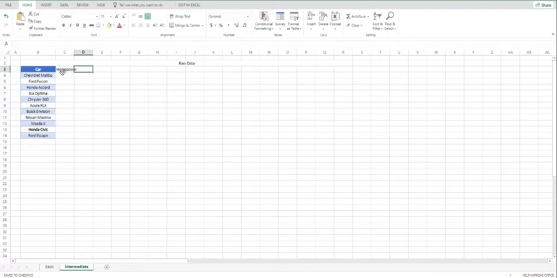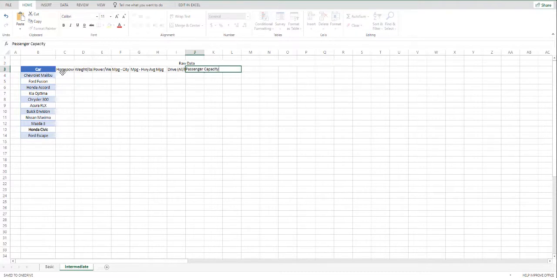Now I can put in some headers like horsepower, weight in pounds, power to weight ratio, miles per gallon in city, miles per gallon on highway, average miles per gallon, drive, all-wheel drive or front-wheel drive, and then passenger capacity,